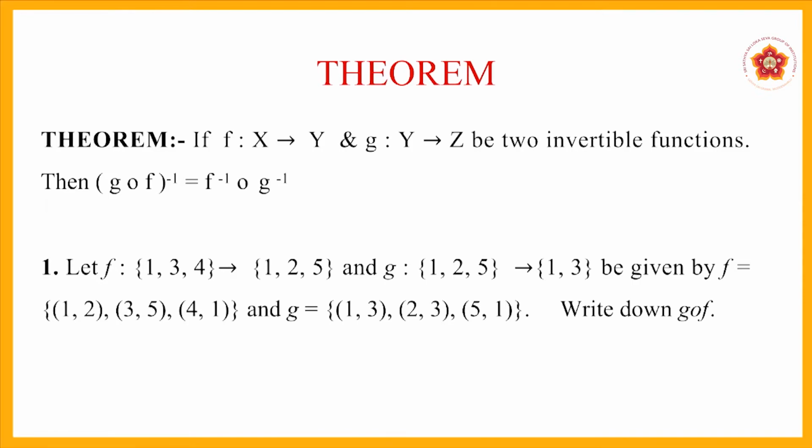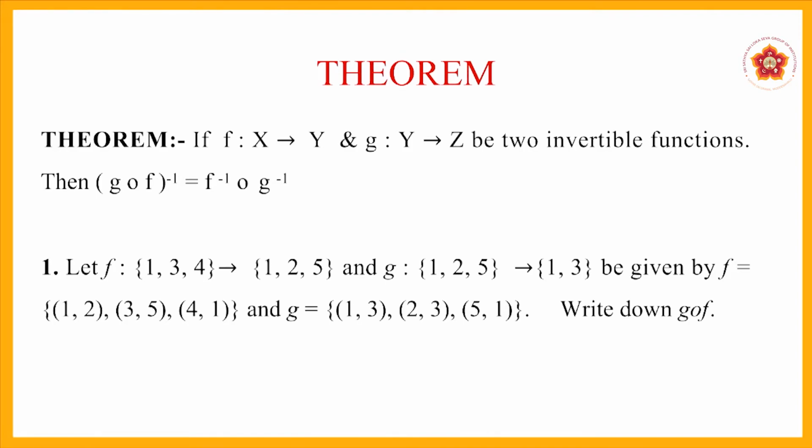First problem. This kind of problems, particularly the composite function problems, they become very easy when you do it with the help of a simple diagram. So let us take up this first problem. It has got the elements set. Let us say here is a set A. The elements are 1, 3, 4. The second set has got elements 1, 2, 5. Let us say this is B. And there is a third set C, and it has got the elements 1 and 3.